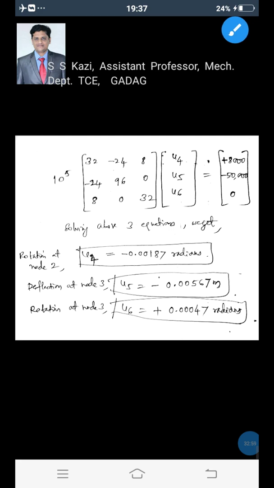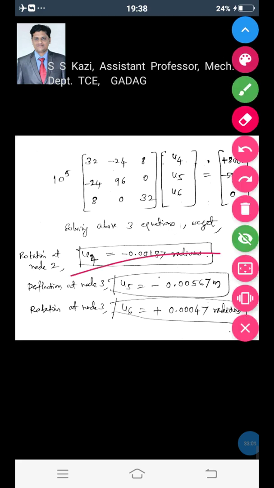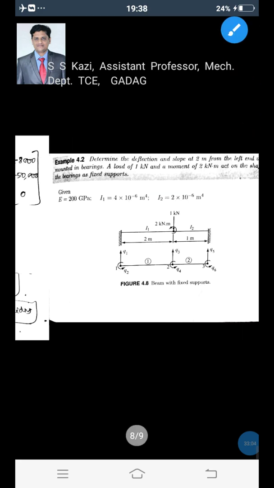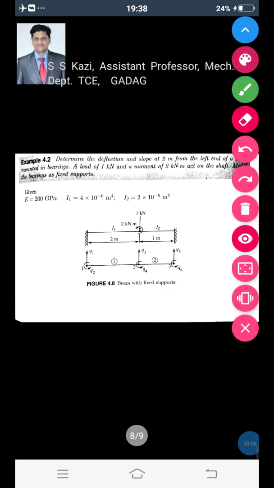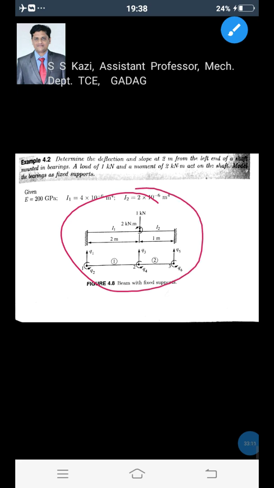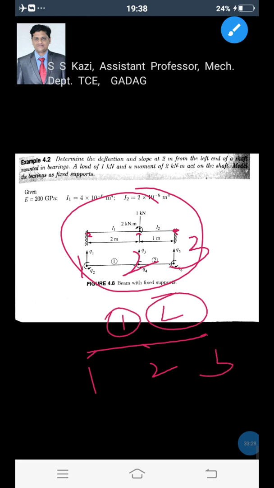And one more problem we will consider now. In this problem, we will discuss how to solve this particular problem to determine the deflection and rotation. How many elements do we need to consider? Here I will locate node number 1. Here I will locate node number 2, where there is a load applied, and node number 3. Then how many elements? 2 elements and 3 nodes. That is, 2 elements and 3 nodes I will consider.